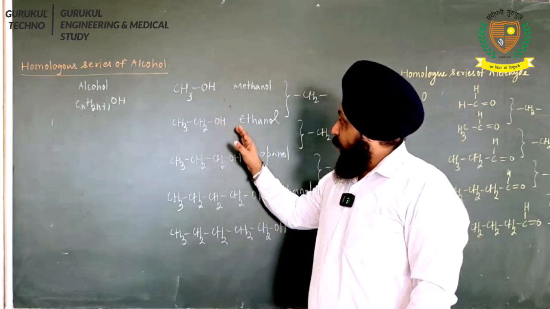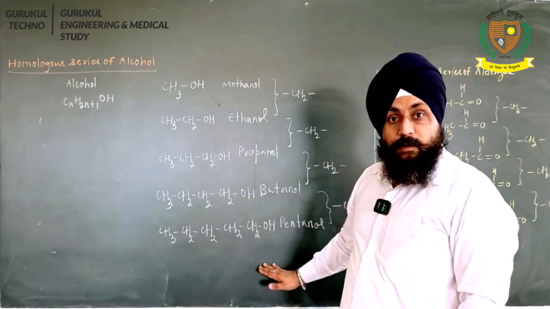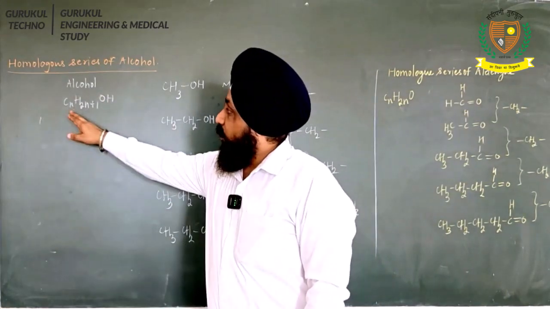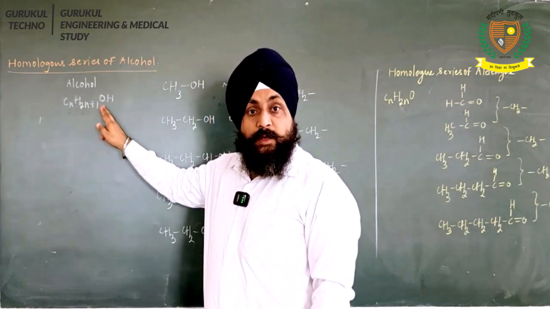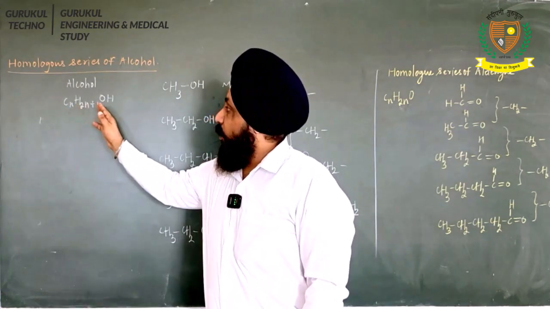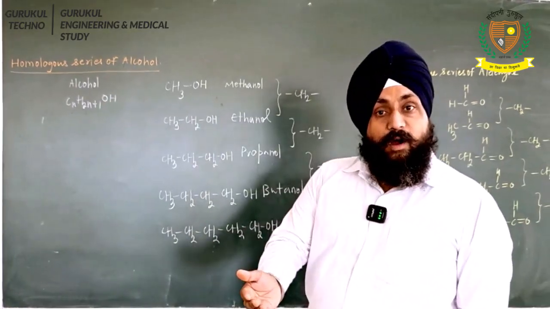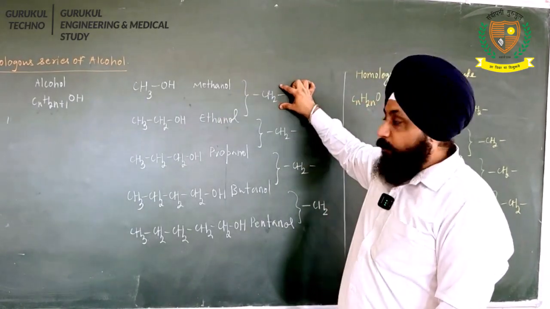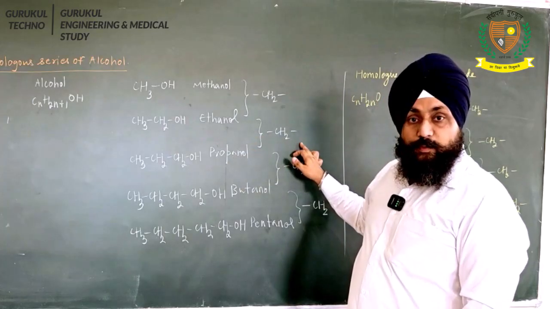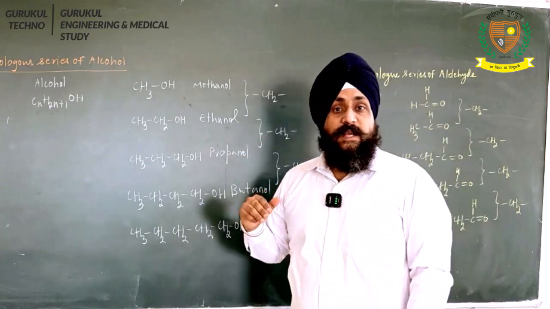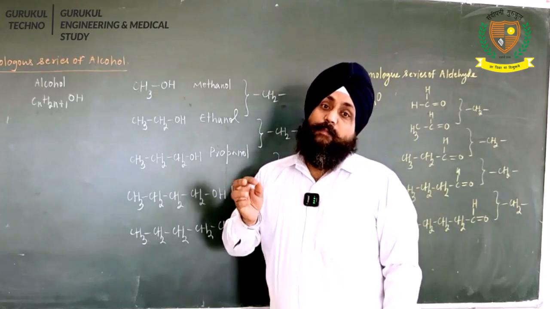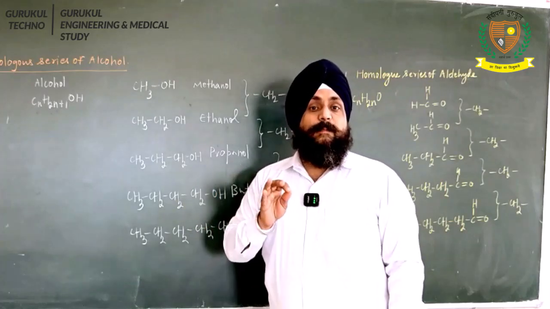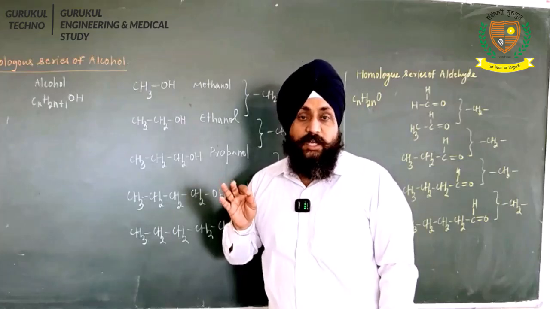Methanol over here, ethanol, propanol, butanol, pentanol. So they all belong to which family? They all belong to alcohol family. Their general molecular formula is CnH2n plus 1 OH. What is n over here? n is number of carbon atom and 2n plus 1 is number of hydrogen atom. If you see, this methanol is differing from ethanol by bond CH2 bond group, and it is differing from propanol by bond CH2 bond group. So you say member of homologous series differ by, yes, they differ by bond CH2 bond group. Okay, they differ by methylene group. They differ by molecular mass of 14 units.